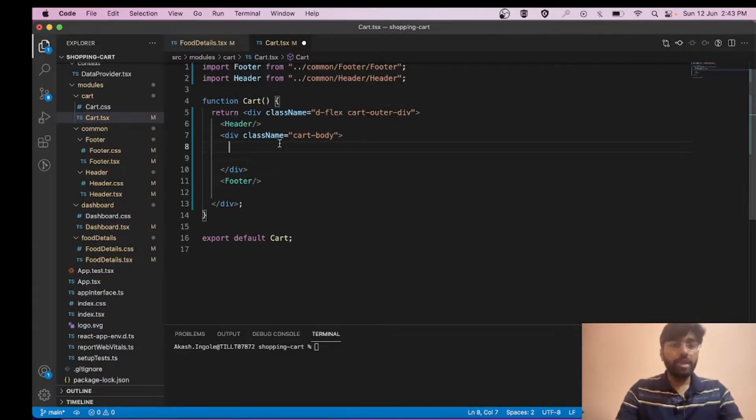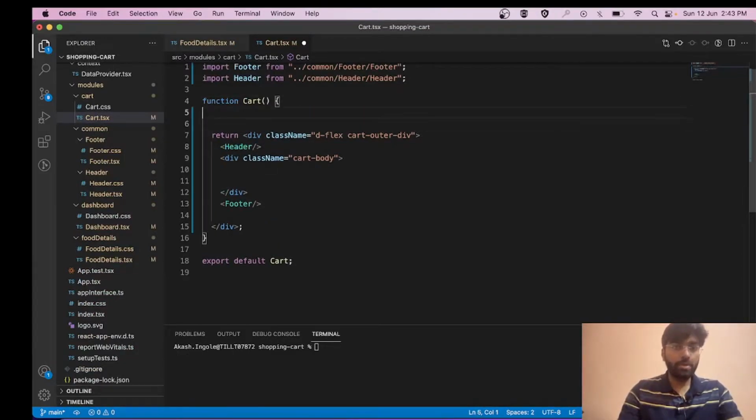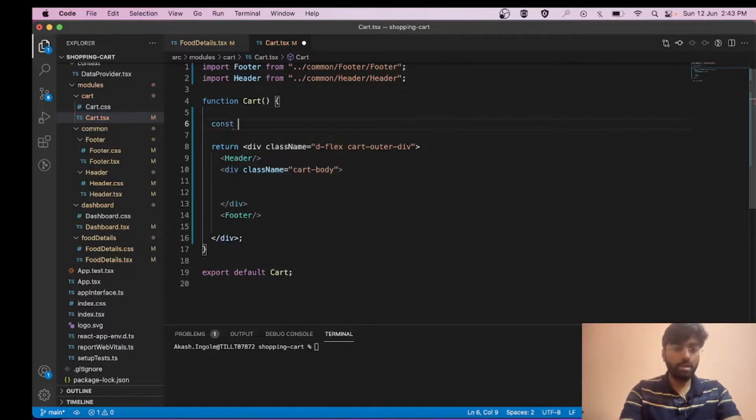Friends, I'm going to create one temporary variable like total price. This is the total price of the cart. Right now we'll be coding our UI using static data, and after that we'll be adding the logic for add to cart and remove item from cart.